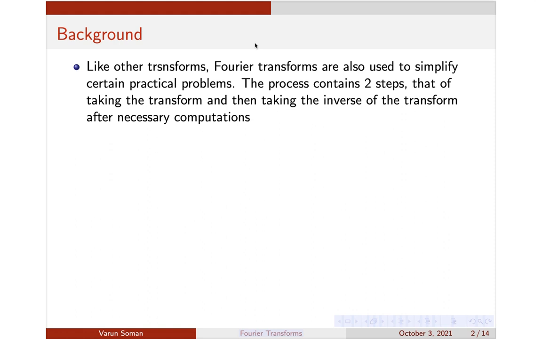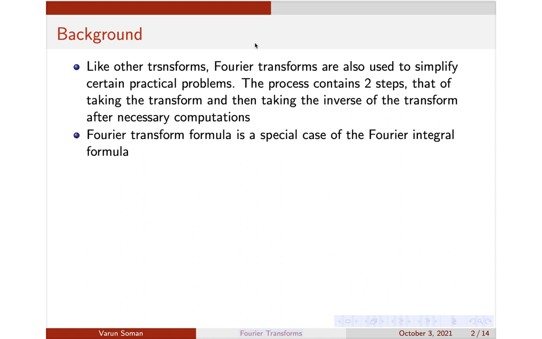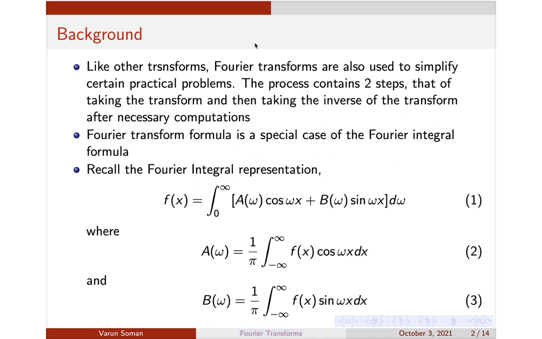Now the definition of this Fourier transform is actually obtained from the definition of Fourier integral. We have studied Fourier integral in the previous class. I hope you understand the formula of Fourier integral from earlier. It is from the Fourier integral definition that the motivation of Fourier transform is obtained. As I told you, the transform is basically a two-step process. You will first simplify some problems by taking the transform, and you should also know how to take back the transform. So it's a two-stage process: one is taking the transform, and the second one is taking the inverse transform. That is how problems are solved using transforms.